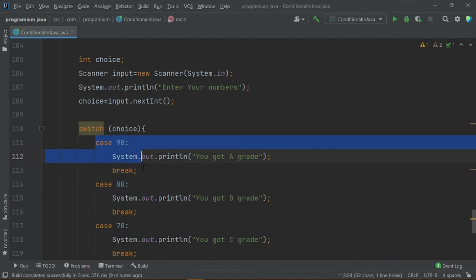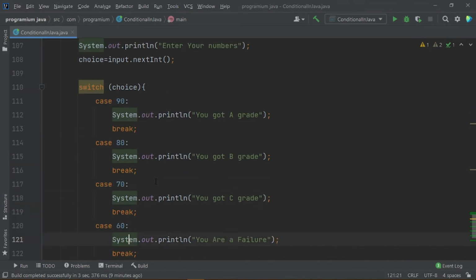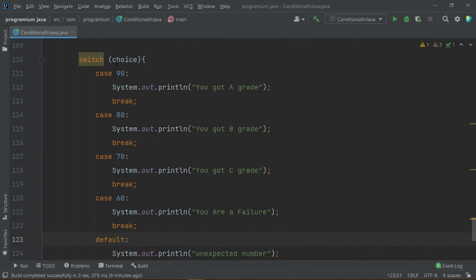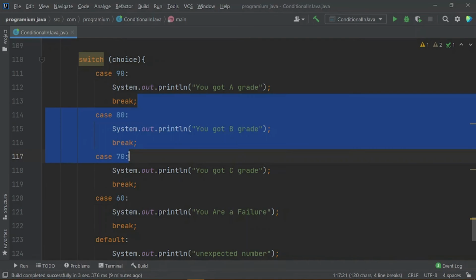After that condition you have to use this break everywhere. What happens here is, if the user enters 90 and it matches with this, it would show this message to the user. After that it reads this break and exits the switch.